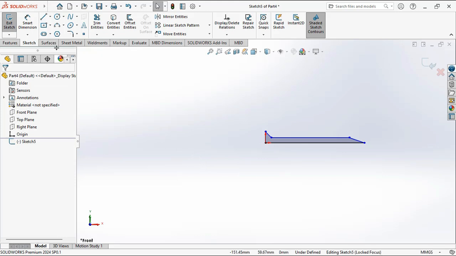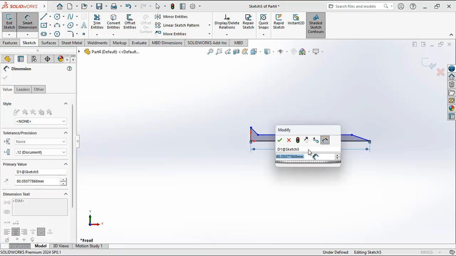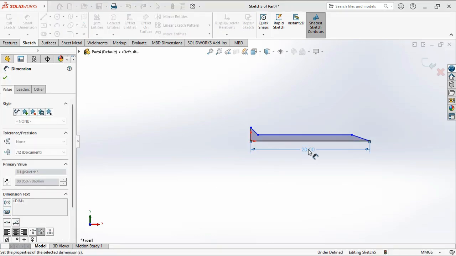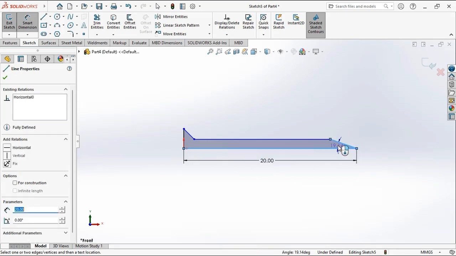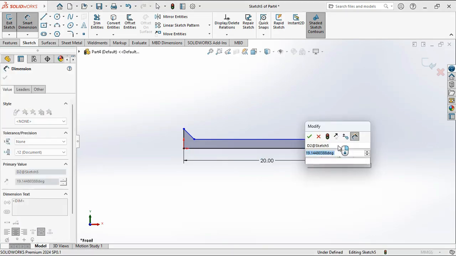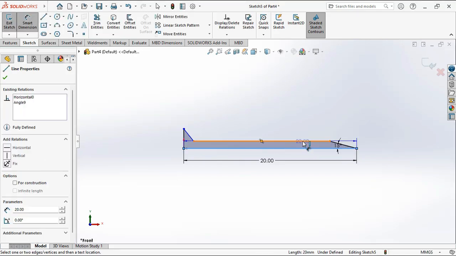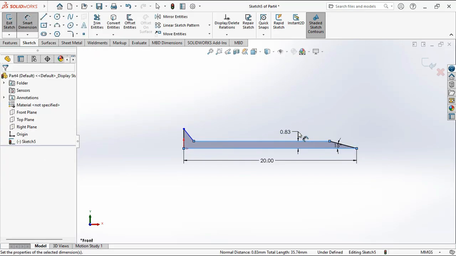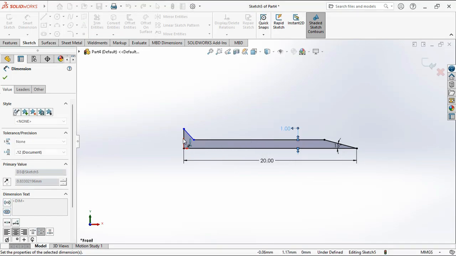Now activate the Smart Dimension tool, select this horizontal line, and set the horizontal length to 20 millimeters. Next, select this inclined line and this horizontal line, and set the angle between them as 15 degrees. Now select these two lines and set the distance between them as 1 millimeter. Next, select this vertical line